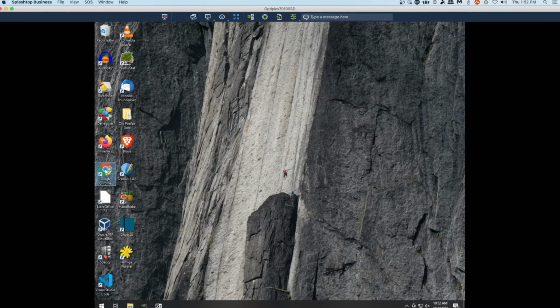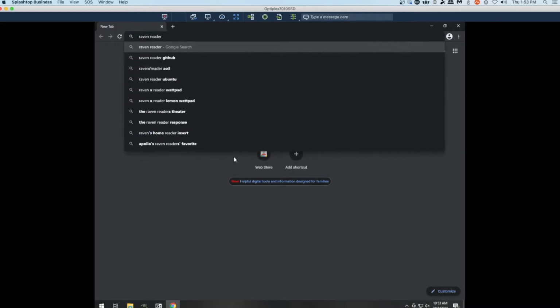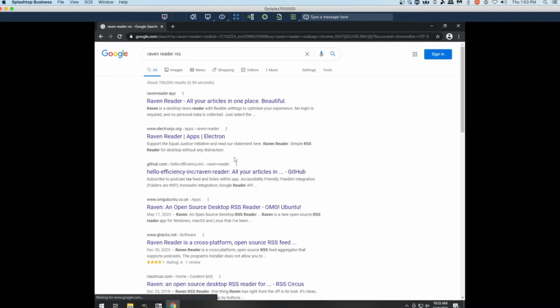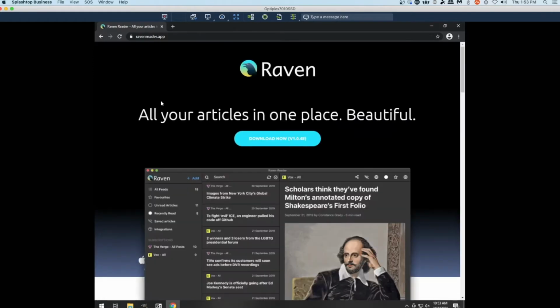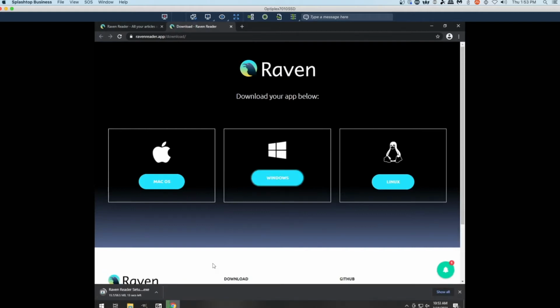We'll open up Google Chrome here. We will look for Raven Reader, which is an RSS reader. We will head over to the Raven Reader app site and click download. We want Windows. And in this case, you download the software, you run the executable file, and it installs your program, as we will see here momentarily. All right, Raven Reader has finished downloading, so we can click the up arrow and say